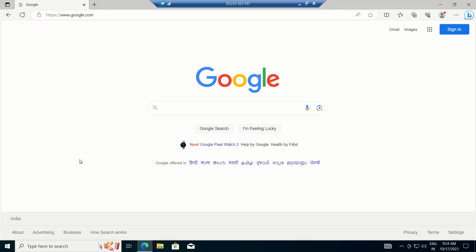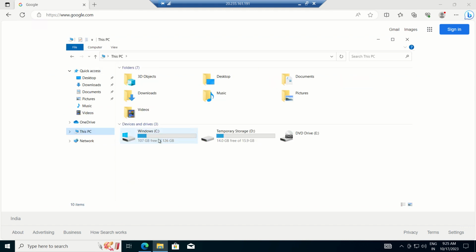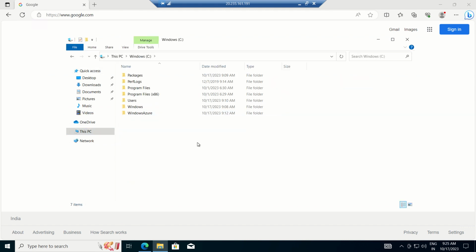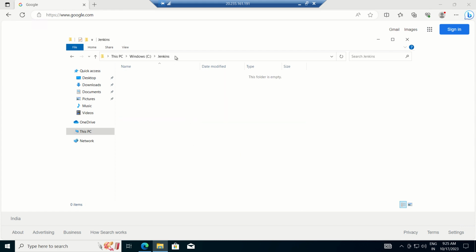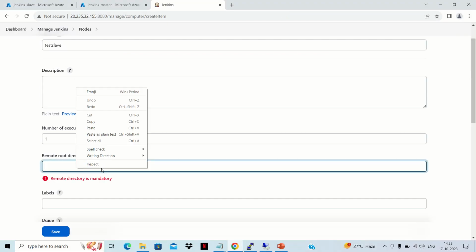So let's go to our Windows machine. Here we'll go to C drive and then we'll create one Jenkins folder here. So we'll go here and here we'll create one folder with the name Jenkins. Okay, and we'll copy this path and we'll paste in